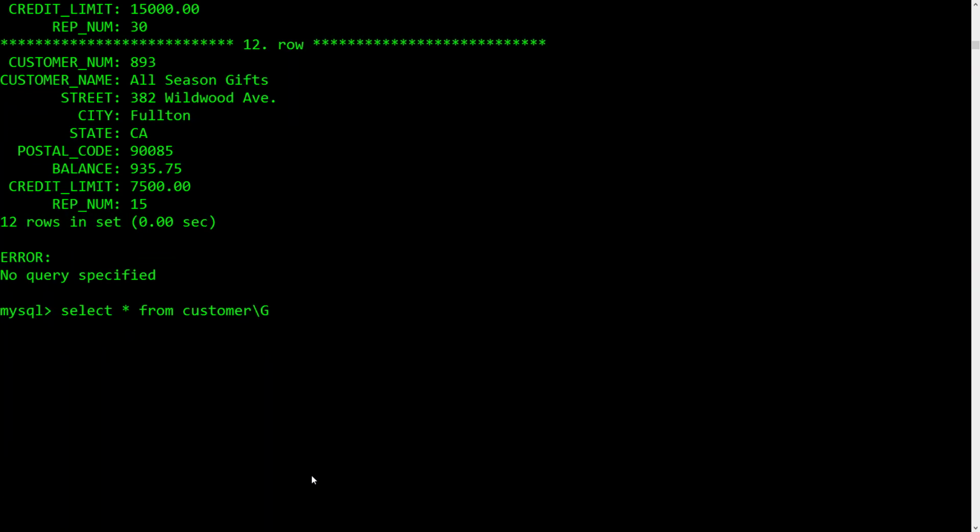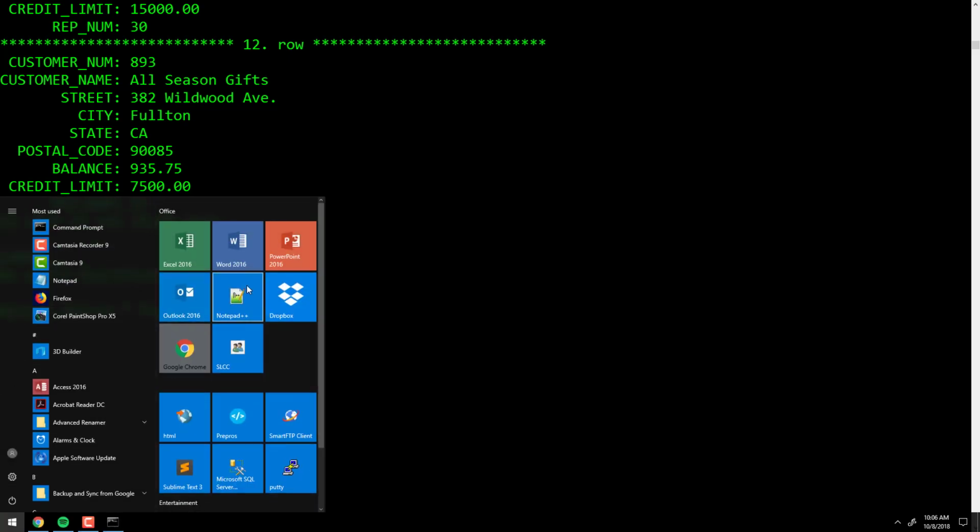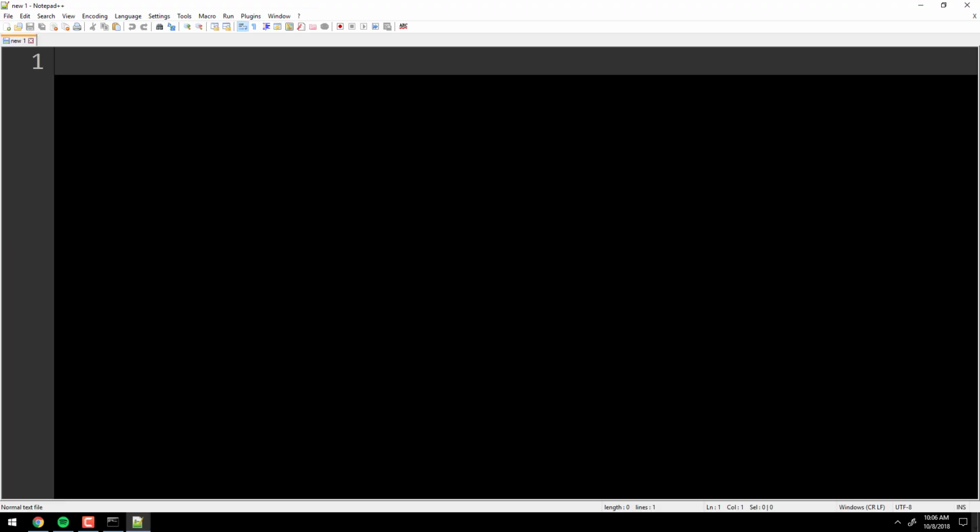It's pretty straightforward. Okay, next up, this is something that's actually not in the book. So, you're getting extras because I care a lot about you guys. All right, the next thing we're going to look at is very cool, if you're familiar with programming and you know what a switch statement is, it's kind of like a switch statement, okay? That you can write right into your query. So this one, we're going to use the text editor because it'll be a little bit easier to type this up. All right, so